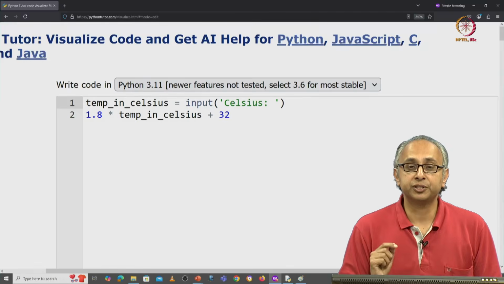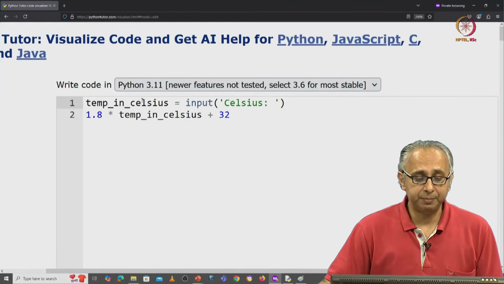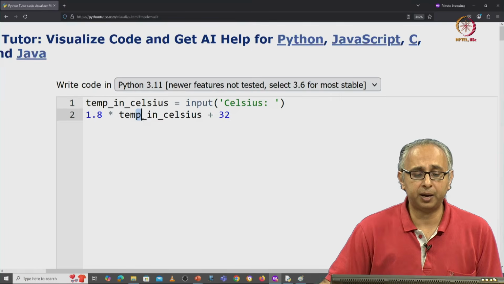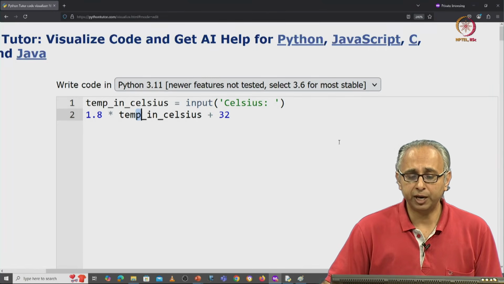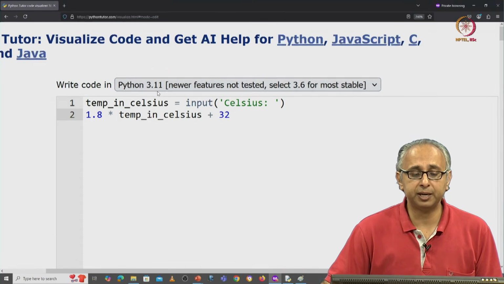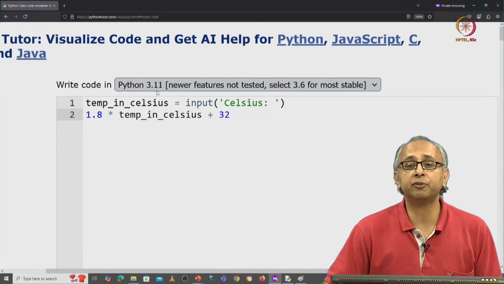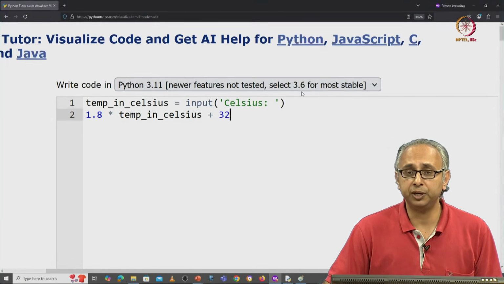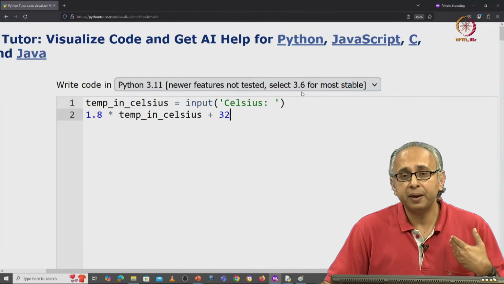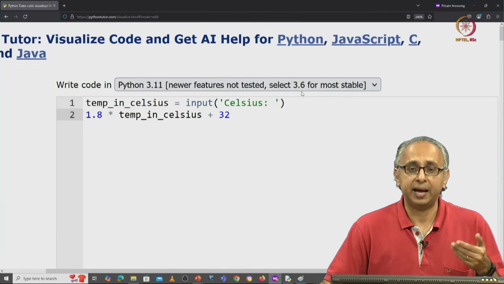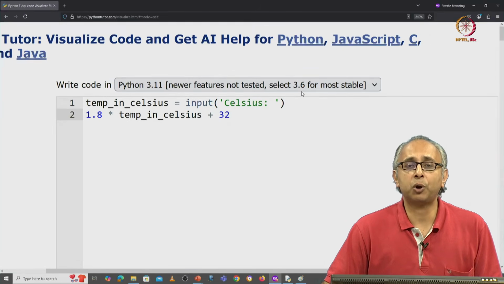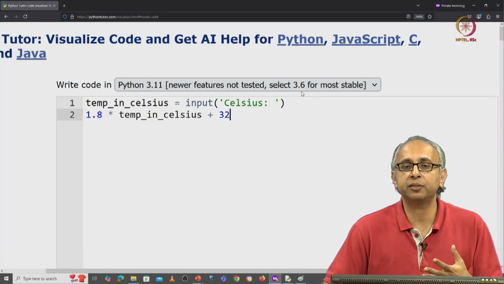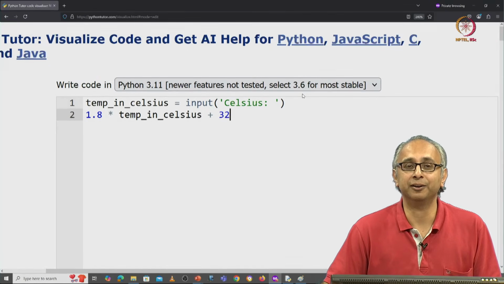So here we are with the same code on Python Tutor. I am in a code editor and I can modify any parts of this code. But before I do that, let me point out a few important things. Firstly, notice that in Python Tutor by default, we are using a version of Python called 3.11. There is an older version, 3.6, which we will avoid using, and there are more modern versions of Python. At the time when I'm recording this video, the most modern version is 3.13. But all these are flavors of Python 3, which is the language that we are learning.